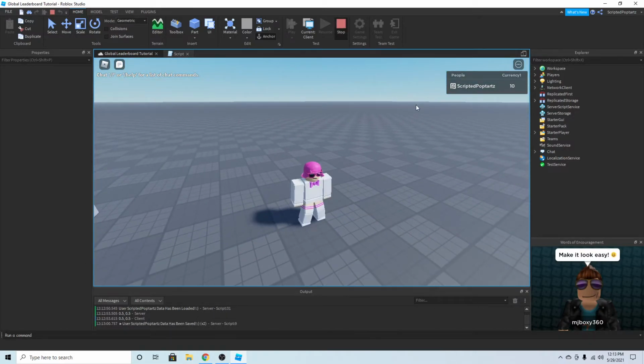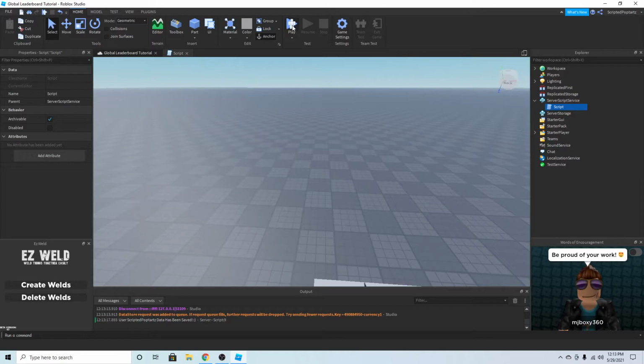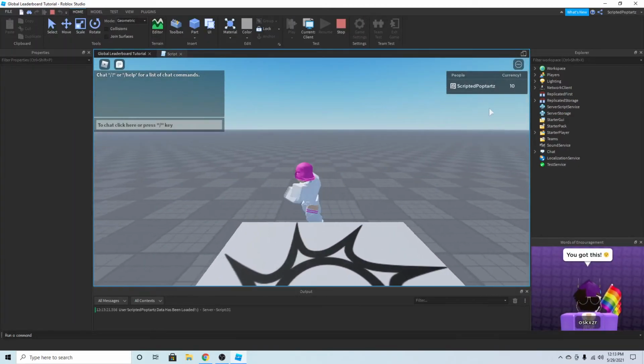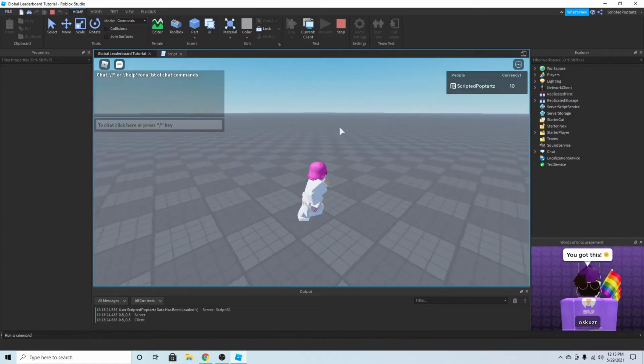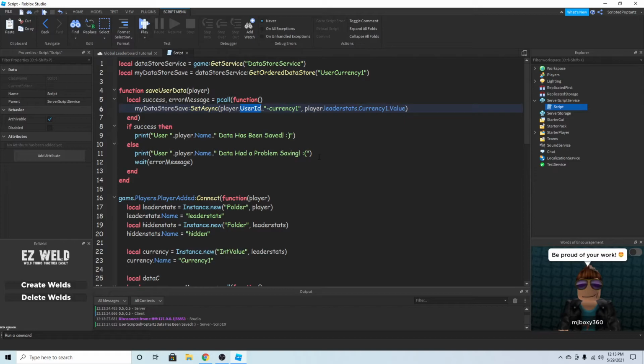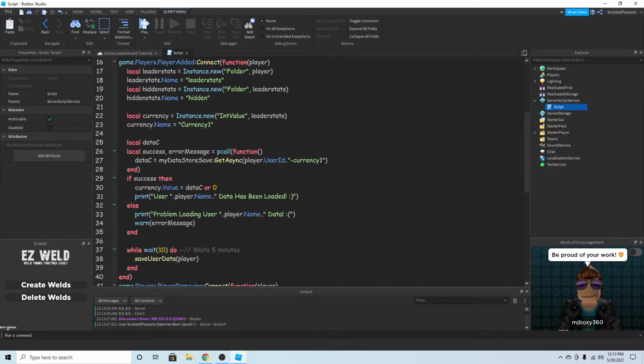So if you were to leave the game, okay, and we were to play back again, there you go, now your currency is saved and everything is working. Okay, so next thing you're gonna do is say you won't want the currency to be shown,